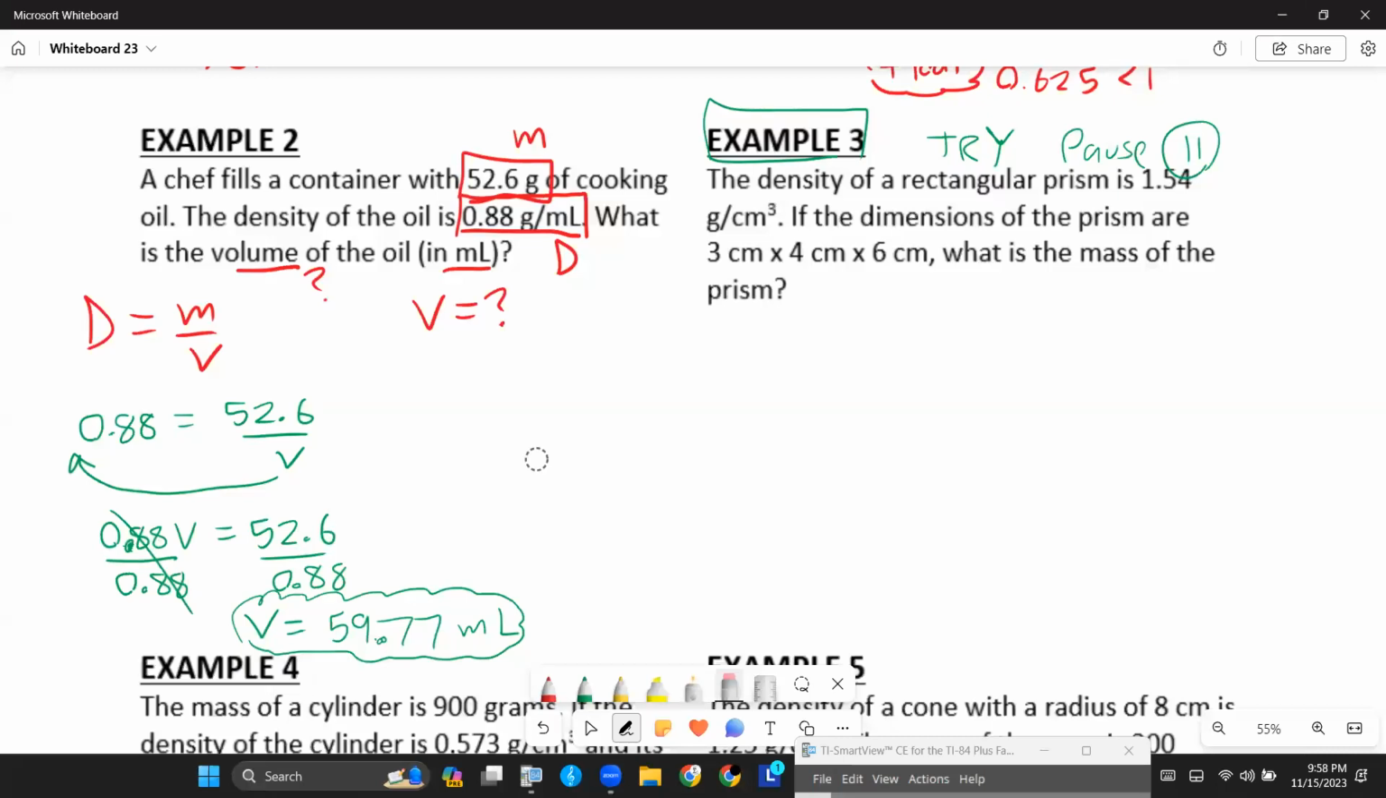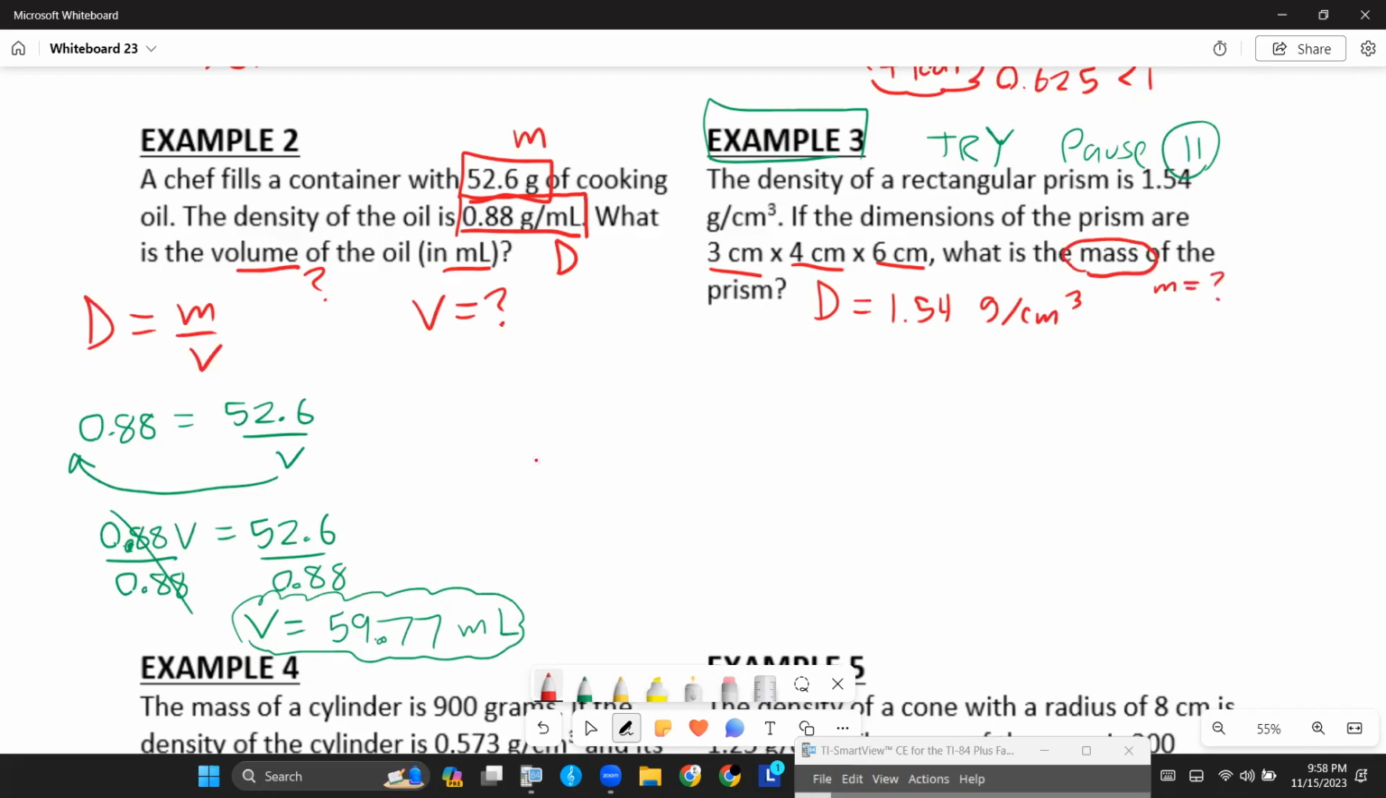So you hopefully had tried this problem. The question says the density of a rectangular prism is 1.54 grams per cubic centimeter. So I'm given the density. I'm going to write D equals 1.54 g per cubic centimeter. If the dimensions of the prism are 3 centimeters by 4 centimeters by 6 centimeters, what is the mass of